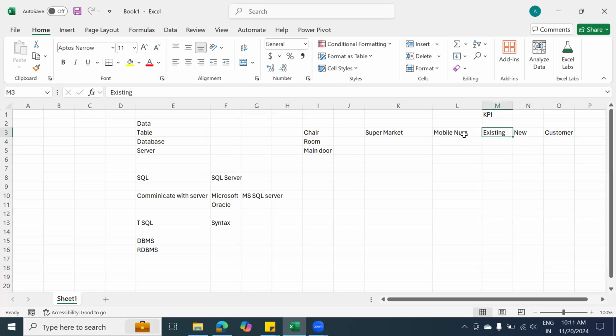Now, you enter the customer number, and the moment you hit the submit or search button, a query will be generated. It will go to the customer table and search. If the number exists in the customer table, that's an existing customer. Else, it's a new customer. Then they will add the new customer number to the customer table. So basically, it is being stored in a table.